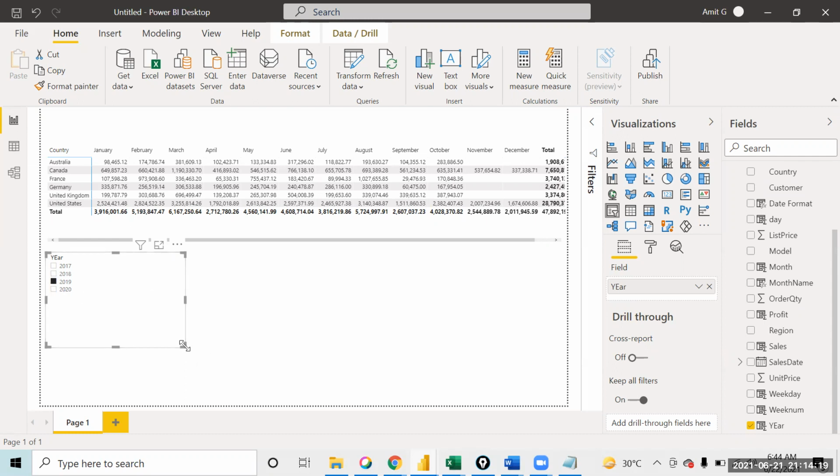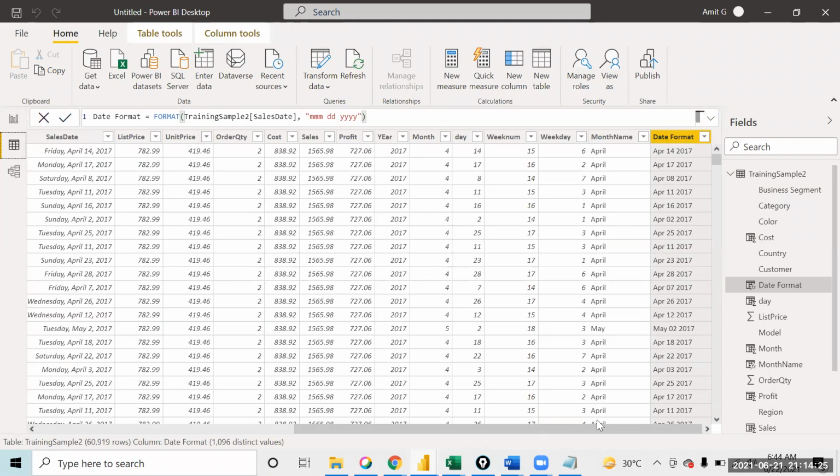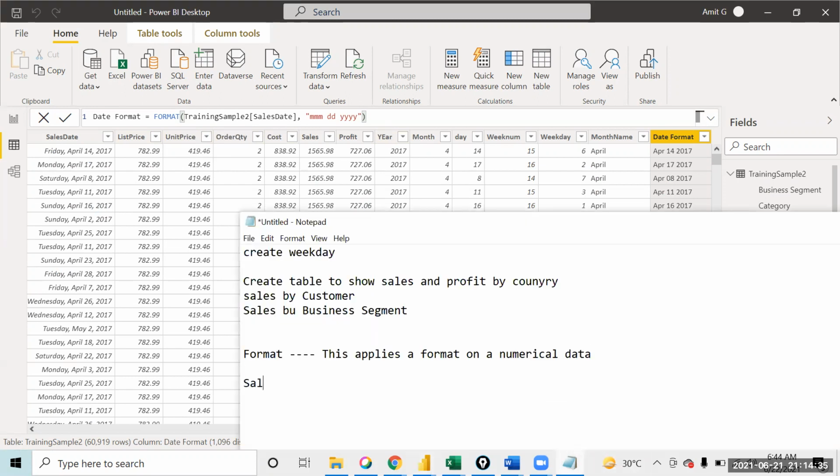Okay. So now, can you all please add a new column? This is exactly the if function that we have learned in Excel. I want to add a column that if the sales are more than 1000, I should get the output as over 1000. Otherwise, if the sales are less than 1000, I should get less than 1000. So you just try to write that if formula over here, because it's the same way you write it in Excel. The same if function is there over here also.